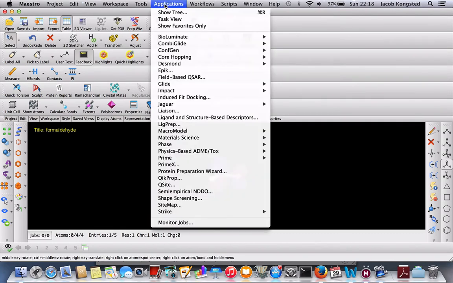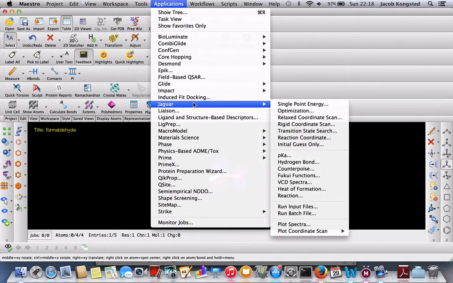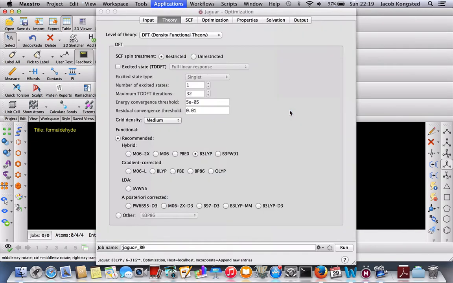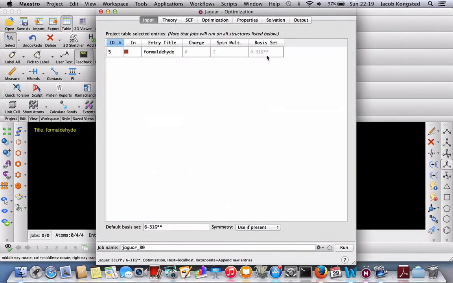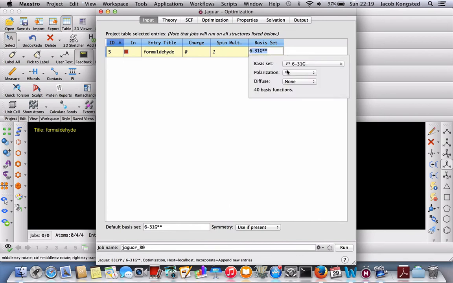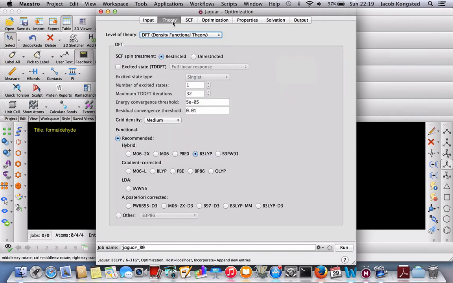The way I do this is through the applications. I choose again Jaguar. I choose now the optimization. Go here to the first tab, input. Here again, let me choose the small but flexible basis set 6-31G star. Under theory I have DFT. Now I need to optimize an excited state, so I push here excited state. I choose the Tamm-Dancoff approximation, and here I now need to choose which number of the excited state I am to optimize. If it is the lowest one, then it's a 1. The second lowest, this is a 2, and so on.